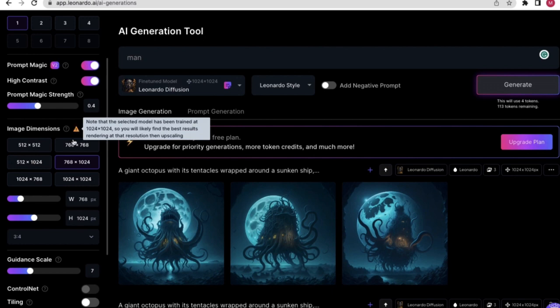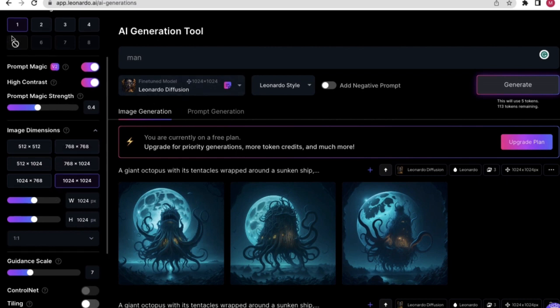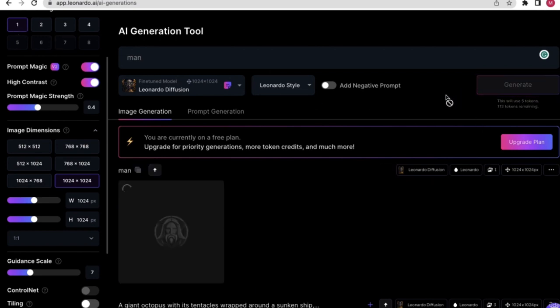So it is saying that if you choose 1024 for Leonardo Diffusion, you are going to get the best results. I will talk about upscaling in a bit. But for Leonardo Diffusion, they have set it to this one, and that's how it is going to work. So let me show you the difference. Now if I set it to this, and click on the generate button,